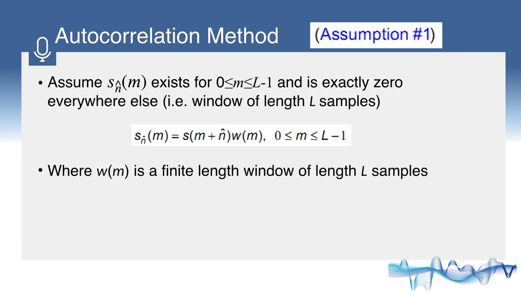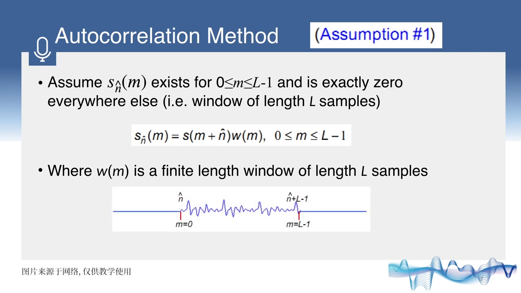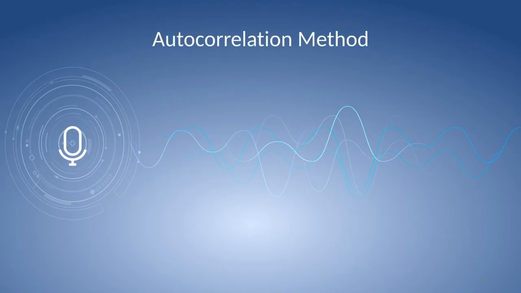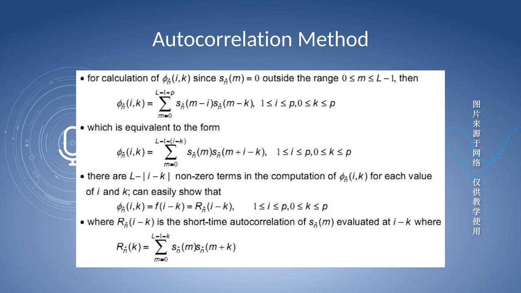That is to say, the window w(m) is a finite length window of L samples. Because s_n(m) is equal to 0 outside the range from 0 to L minus 1,